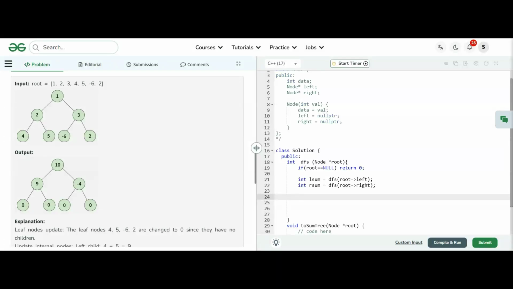After doing this, my root dot val, that is root dot data, because here it is data, has to be replaced with L sum plus R sum, that is given in the problem.